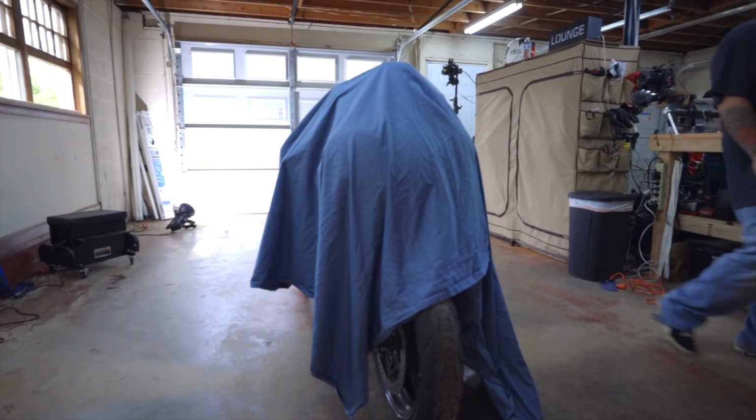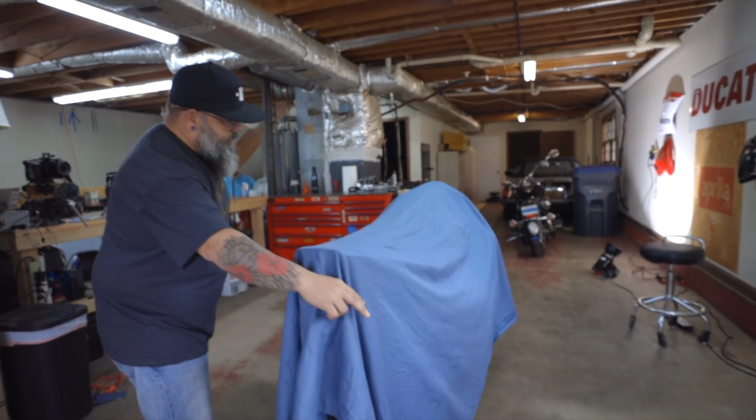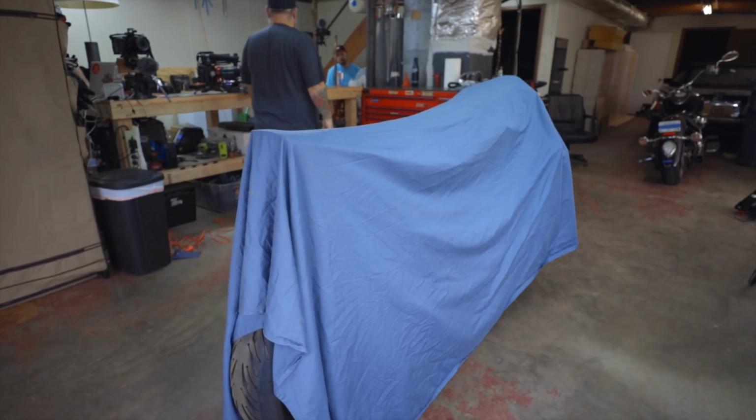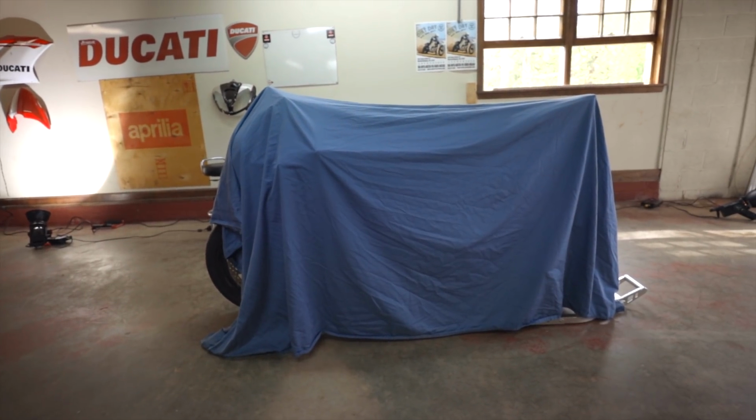All right, here's a shot of the front. All right, that's all you get. Here, let's go to the tail. Make it harder. Oh, all right. There's the tail of the bike. Here's a close-up. You guys got it yet? Here, let's do a profile. Can you guys see that? All right, so that's a profile shot. All right, that's all the guessing you have. Hopefully your guesses are in the comments. Good luck. And the bike is...